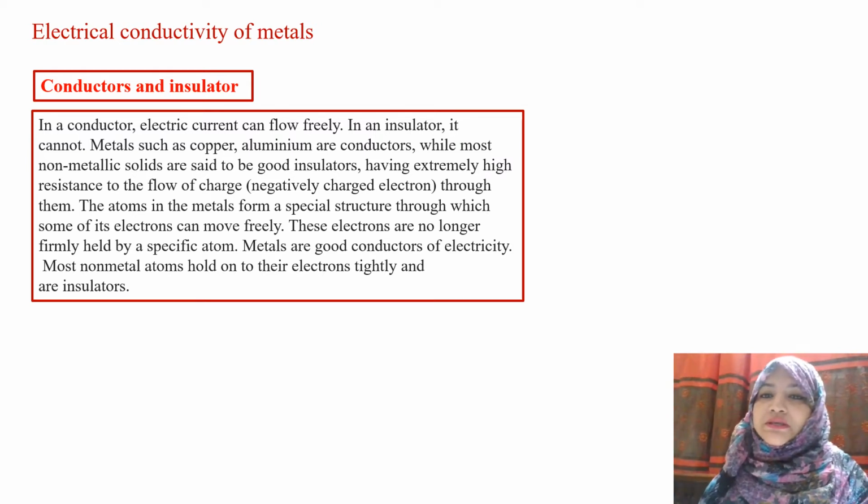the insulators cannot flow the current through them. In a conductor, electric current can flow very freely, and in an insulator it cannot. Metals such as copper and aluminium are very good conductors. Almost all metals are conductors, but copper, aluminium, gold, silver are very good conductors, while most